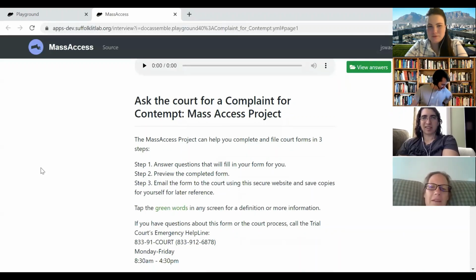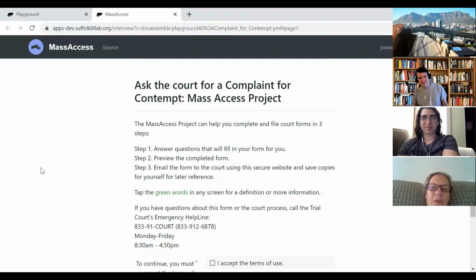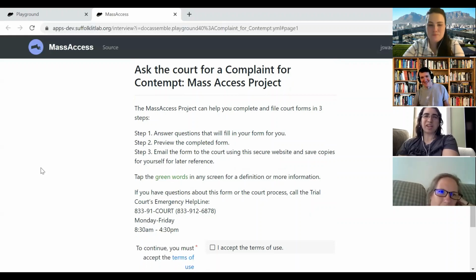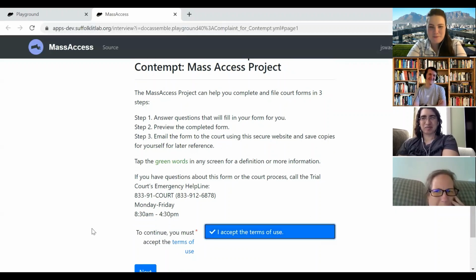Okay, got it. So that means even if people don't put the code in, the default is ask the court for form name. Is that how it works? I suspect so. Quentin would actually be able to answer the question. I'm just guessing. Well, we can hit source and we'll find out. Yeah, you can just go to your playground and see. But anyway, I think for now we'll review the interview. Okay, right. Let's go. Let's see what you guys have done.